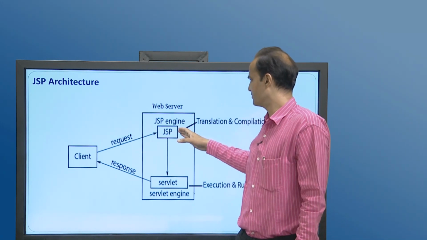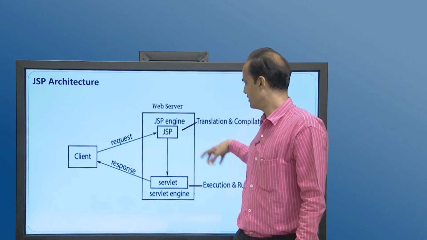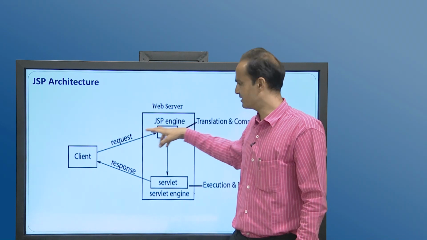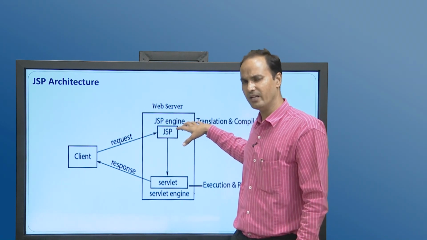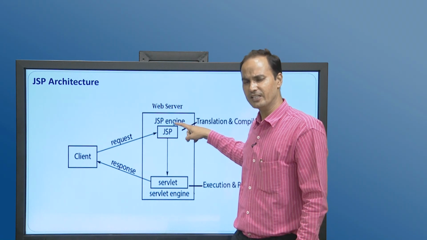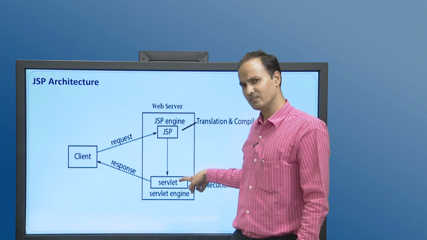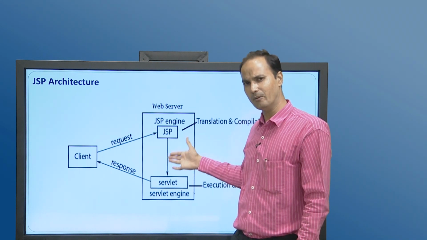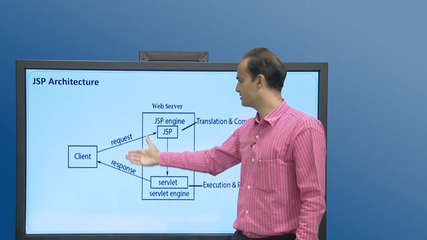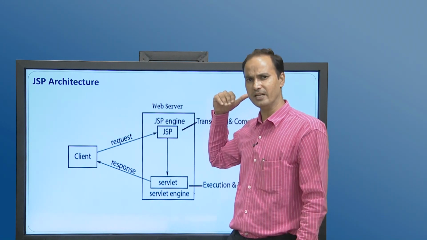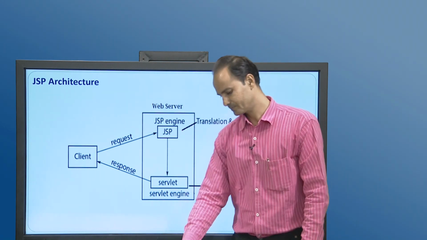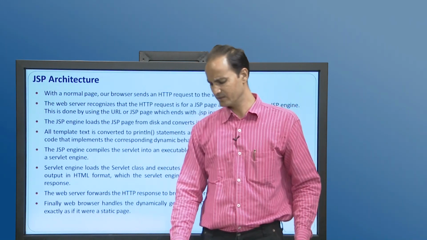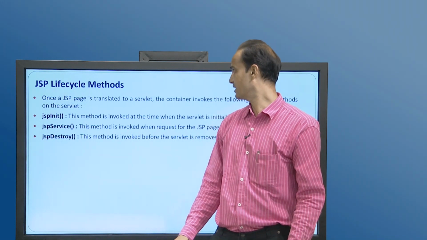The client requests a JSP; this is a web server, and under that there is a JSP engine. The JSP engine checks that the request is in the form of a JSP file. So it is translated, converted into Java. It is ultimately a servlet file, a Java file. The servlet will be compiled, executed, and the response will be formed and sent back to the client. Then JSP, we already discussed how it works, so no need to discuss it again.